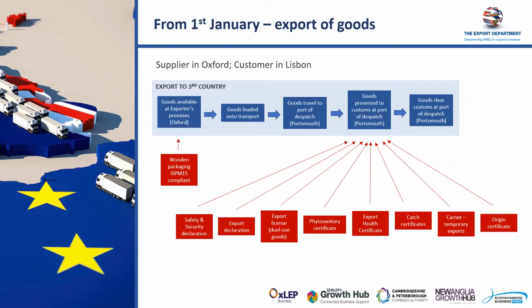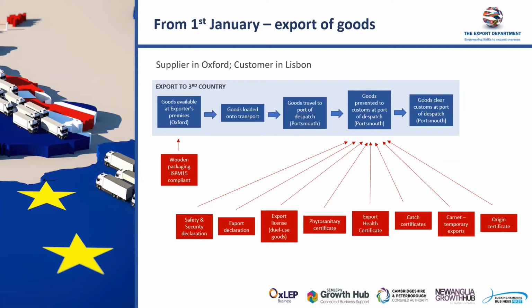I'll come back to the packaging in just a second. And the goods travel to the port of dispatch. And this is where those additional customs formalities come in. So when the goods are presented to customs at the port of dispatch. So on the wooden packaging issue, because this hasn't really been covered an awful lot in terms of Brexit preparedness,